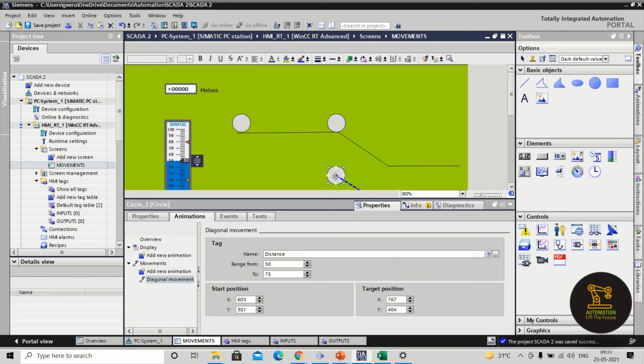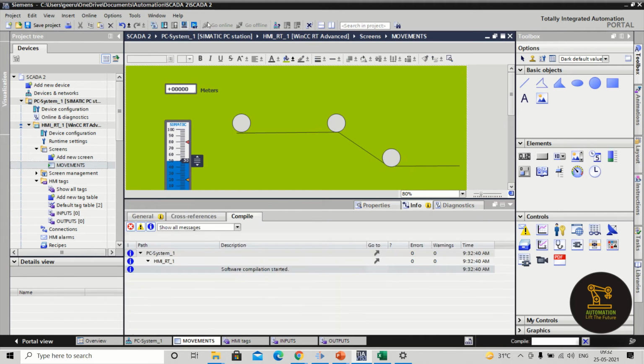768 and 249. Its position should be 768, 249. Right? And what you require is not diagonal movement, it's horizontal movement. Better you can also keep it like this. The only thing we have to do is keep the Y position constant. Go for 249. I went for the diagonal movement and I just adjusted it as per my need. So the Y position is the same value, so that indicates that it was on the same line. And the range should be 82. Sorry, I gave 75, right? 75 to 100.